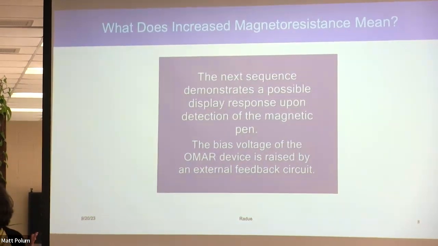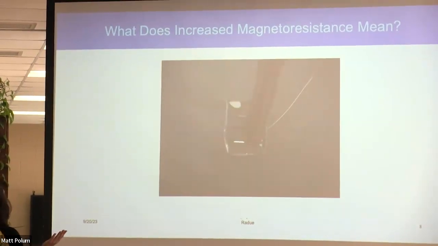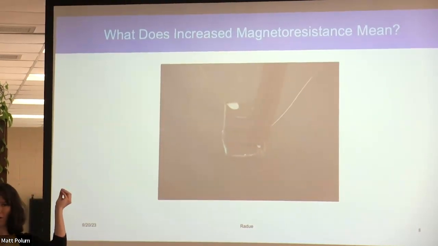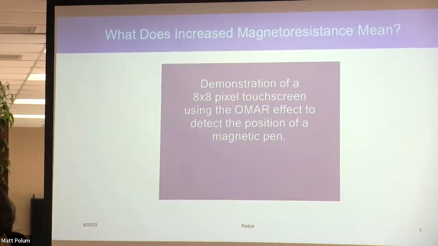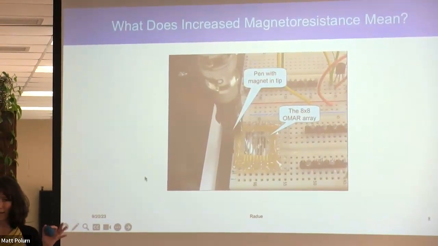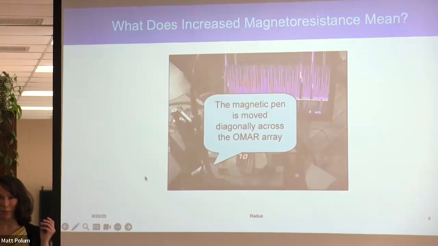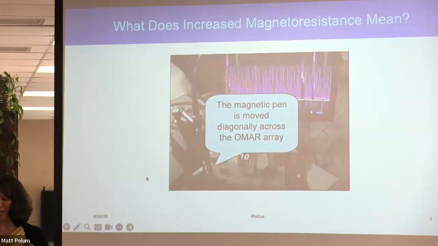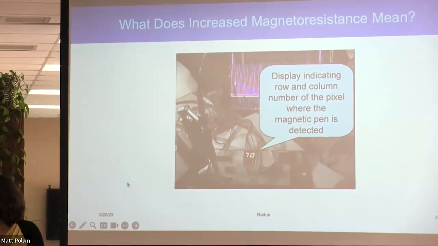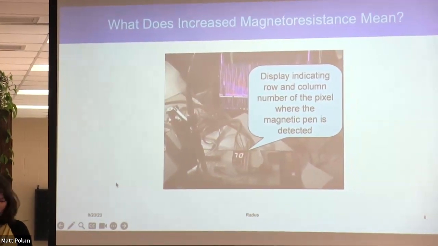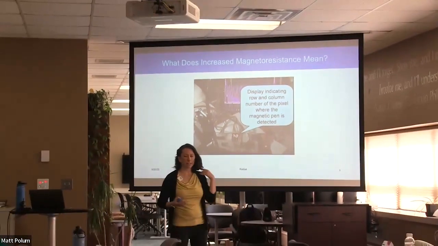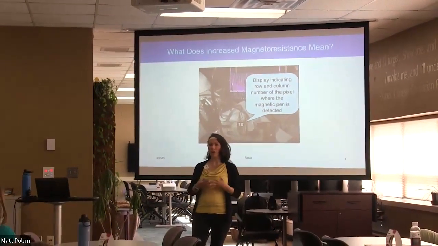And this is a possible way that we could interact by using a magnetic stylus. So it's turning on by bringing it close, turning off by bringing it far away. And you could extend this to an entire touch screen. So yes, they are less efficient, but it is pretty cool what we can do with that kind of control with magnets. But this organic magnetoresistance effect is,